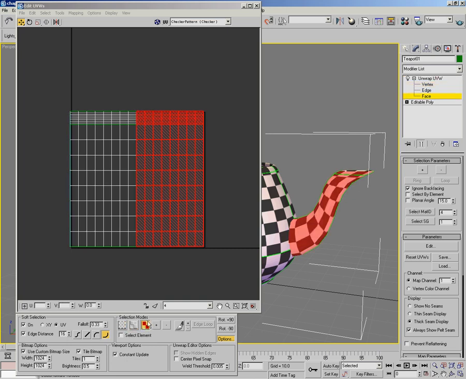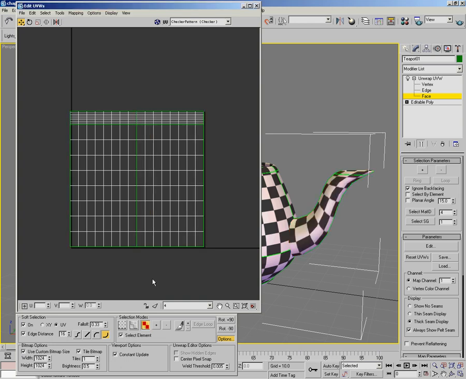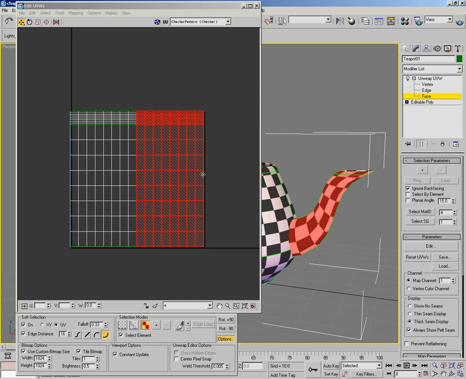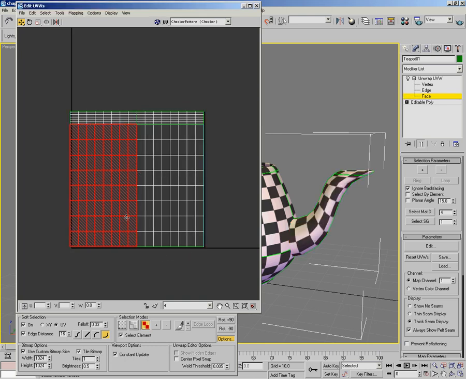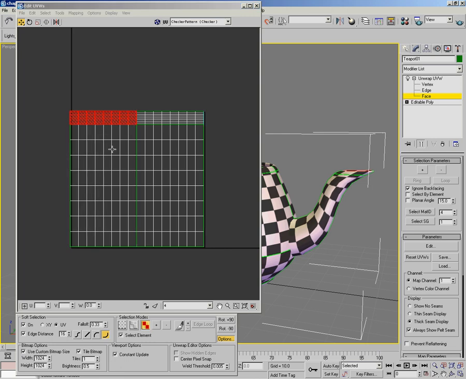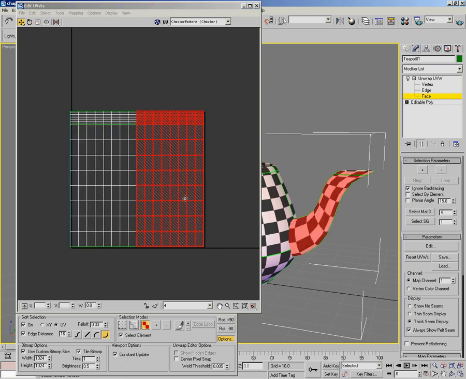Now, for instance, if we're working with faces and we turn on select element, this works in a slightly different way to the way it does in the rest of Max. An element in the UV editor isn't necessarily a part of the mesh. What it is, it's a patch. So in other words, it's a patch with a boundary around it, and that boundary is defined by the seams. So if I select here, you can see it's selecting this area here, and if I click here, it's selecting this area, and I can click here. So this is quite useful when you've got